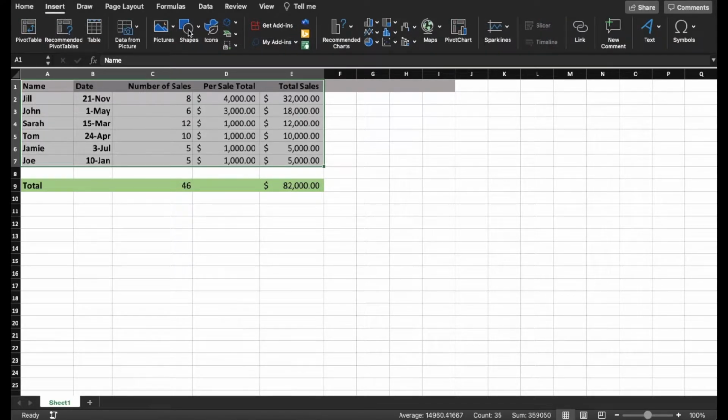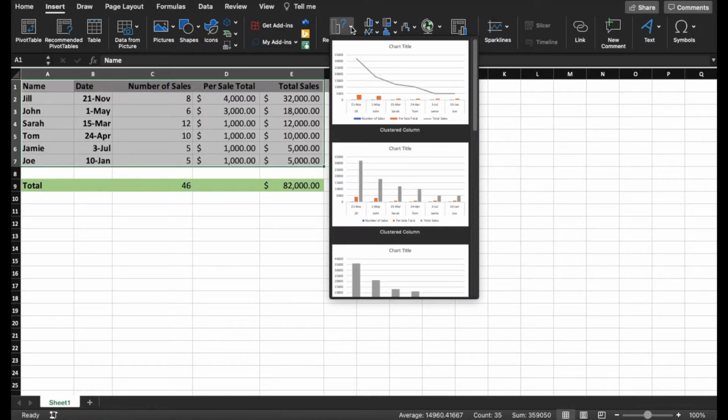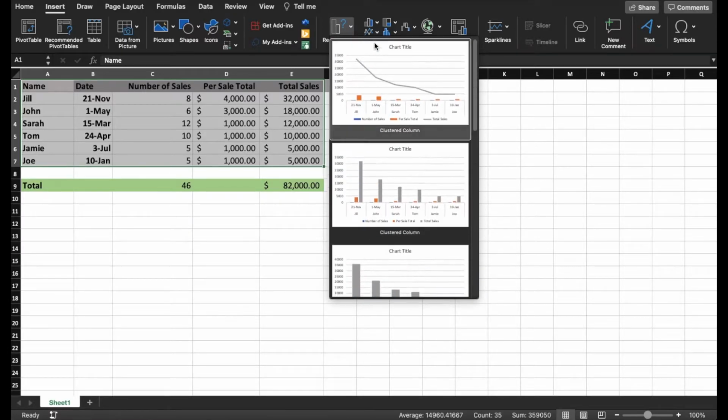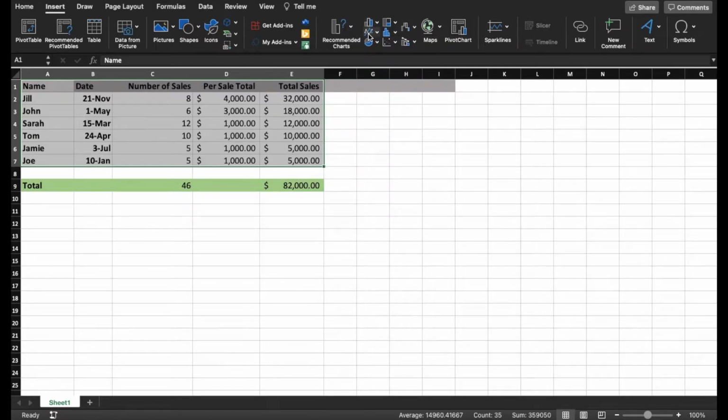This is going to give us all sorts of different options for things that we can use. This is your chart section over here. And you can either click on this and get a recommended chart based off of what Excel thinks it can map best for the data that you've given it. Or you can come over here and do line graphs, bar graphs, or down here is going to be our